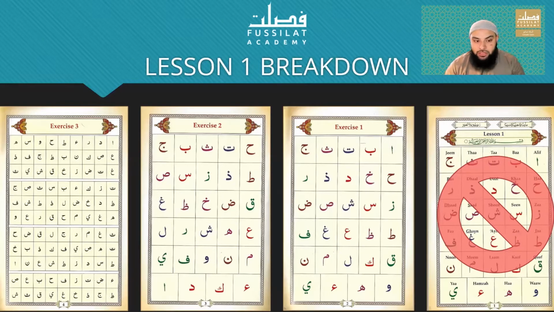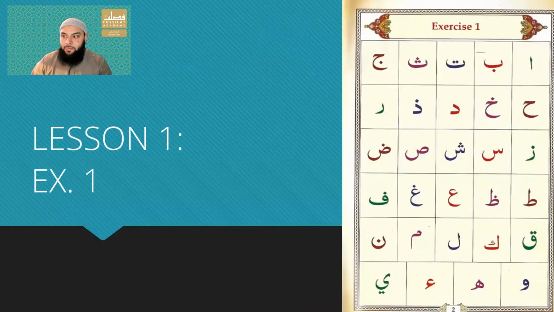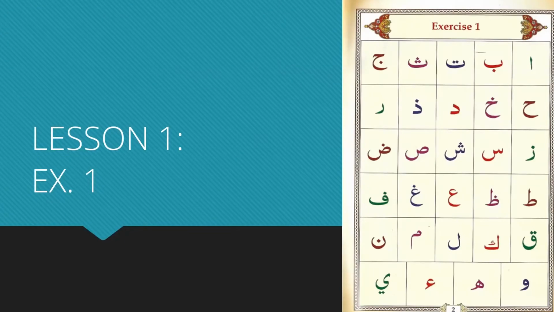So this is what we're going to be doing. I'm going to ask somebody to quickly read exercise 1, then exercise 2, and then we're going to get a few volunteers for exercise 3, inshallah. To begin with, exercise 1. Alif, ba, ta,